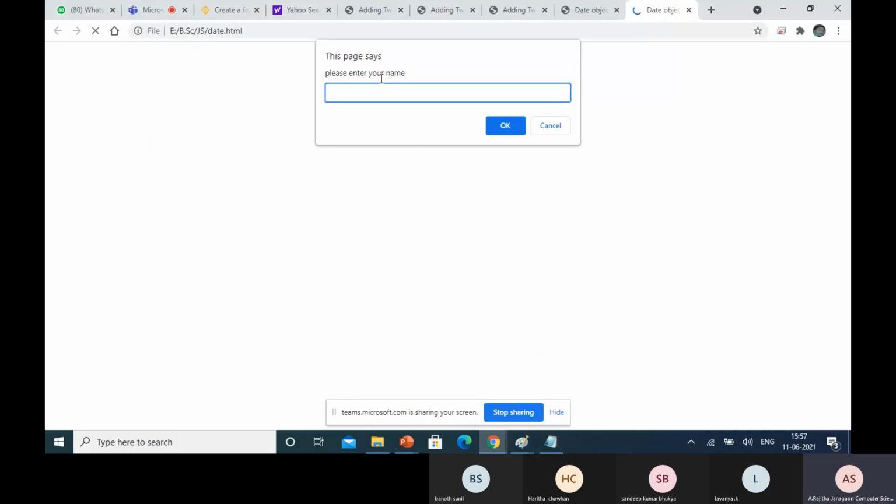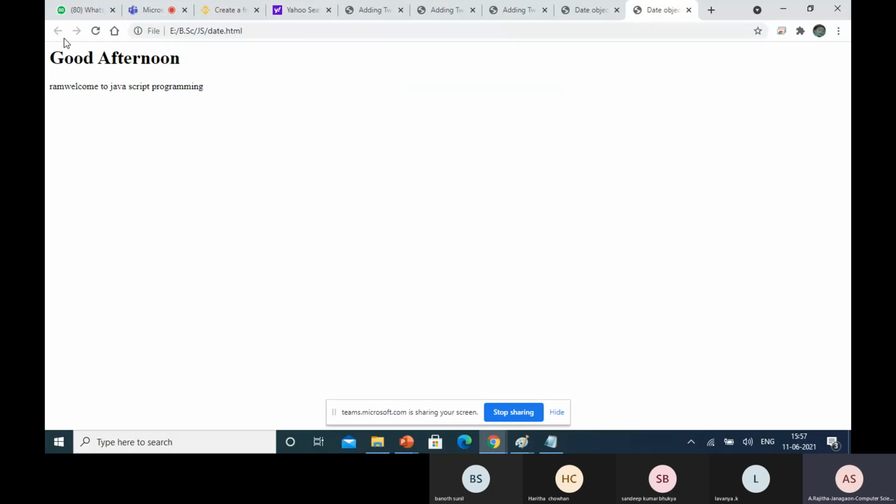Suppose you enter some name. Good afternoon, welcome to JavaScript. So when we want to write interactive programs, the main intention of the date object is that it returns the date.